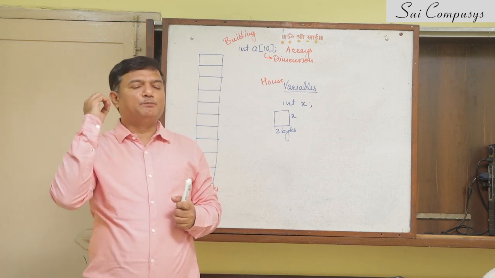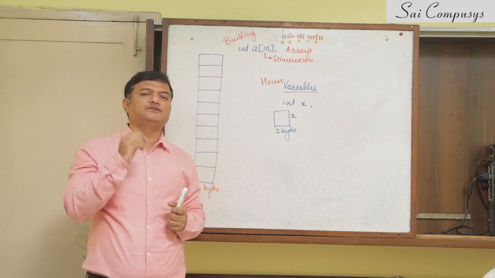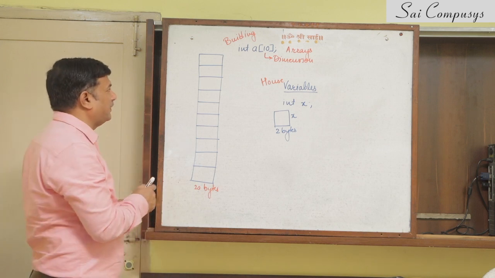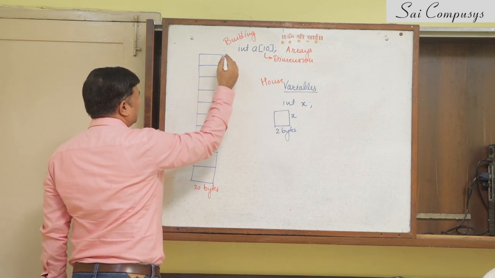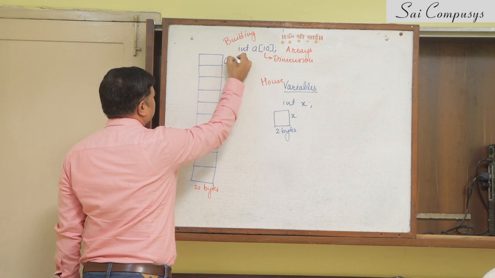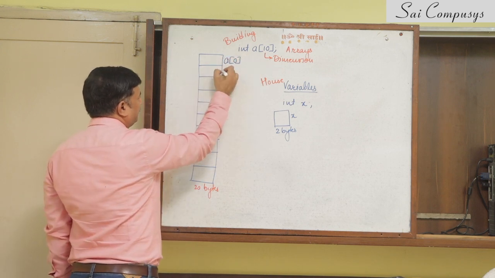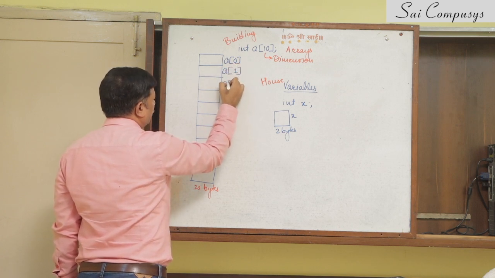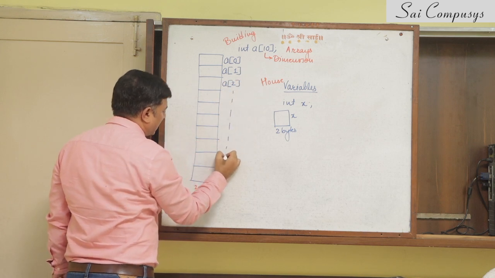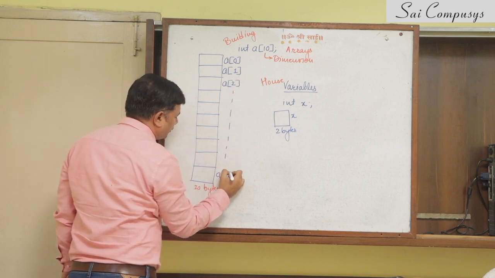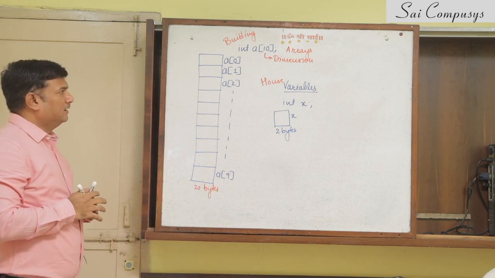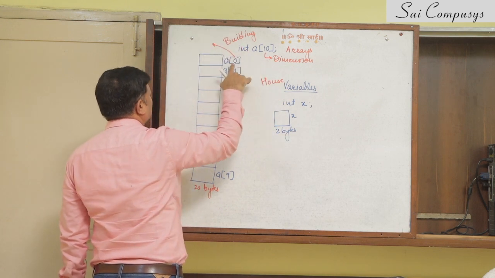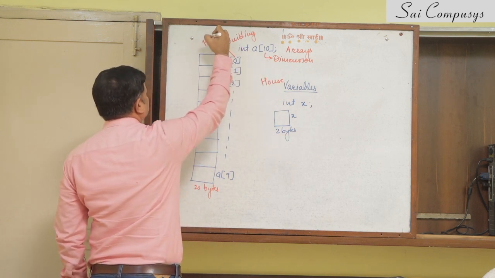Whereas in arrays, the numbering of the positioning of elements does not take place from 1 to 10, it takes place from 0 to 9. So the first flat of the apartment called A will be called A of 0. The second flat of the apartment A will be called A of 1, this is A of 2 and so on. The last flat, instead of A of 10, will be called A of 9. Remember, while declaring an array, this is the dimension. While accessing the array, this stands for the position of the element.